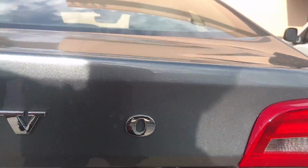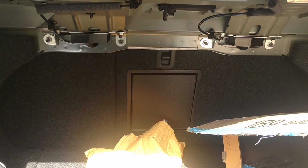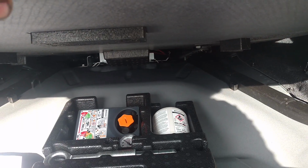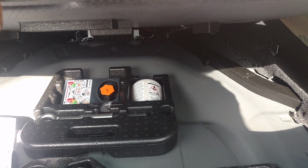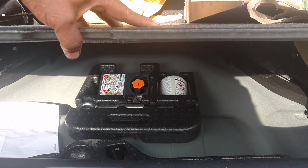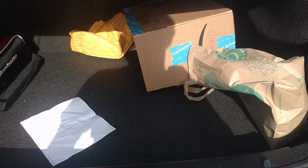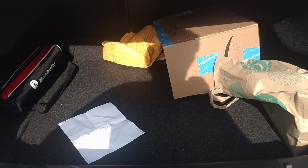Anyway, when you open up the trunk, very deep trunk, little access door there, and the seats fold down as usual with the Volvo cars. You have your air charge for your flat tire change stuff, but you do not have a spare. So if you get bad tires, you need to get those replaced. No spare with this vehicle. Thing about it is, you don't even have room for a spare. So if you have tire problems, better hope there's a 24-hour tire shop around, or you need to call a